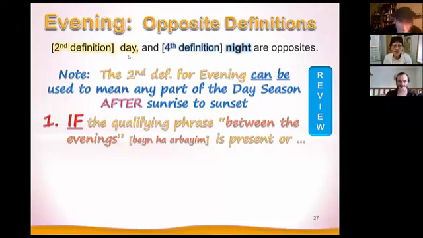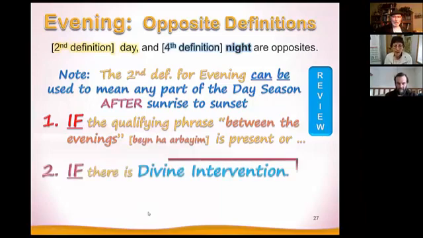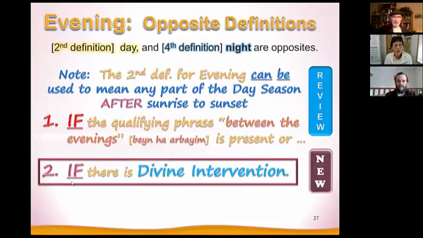The second definition says day, and the fourth definition says night. These are definitely opposites, but we want to note that the second definition for evening can be used to mean any part of the day season after sunrise to sunset, only if there is a qualifying phrase that says between the evenings, that's your ben ha-arba'im. That phrase has to be present in order for evening to have this day definition. But there's also a second time that evening can mean day, and that is if there is a divine